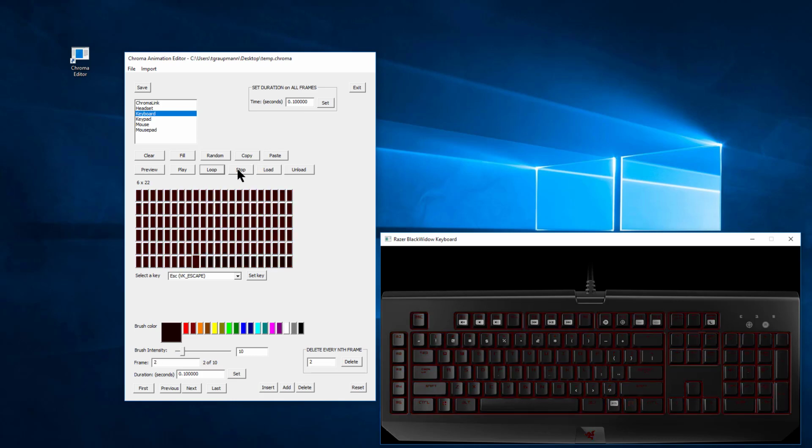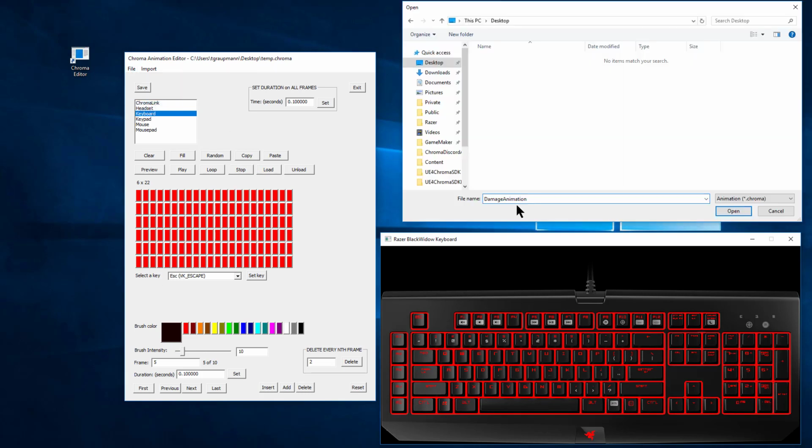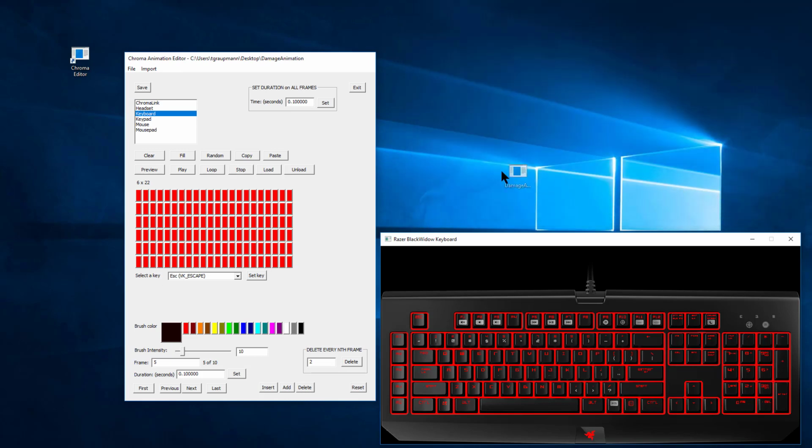Okay, and I can also stop the animation. Now once you're done, you just go to File, Save As. Say this is the damage animation on the desktop. Okay, and then here's the file. Now if I exit,